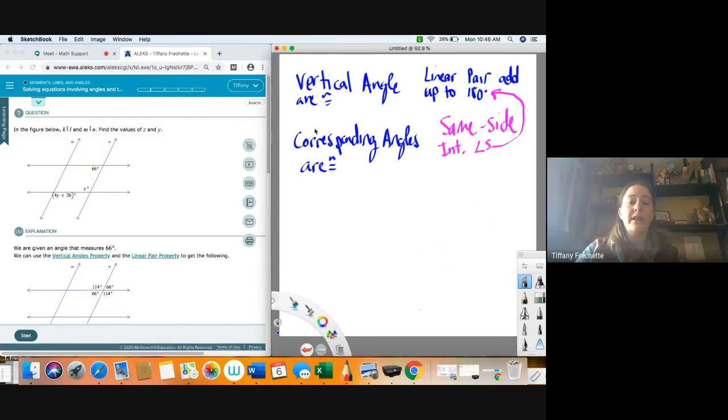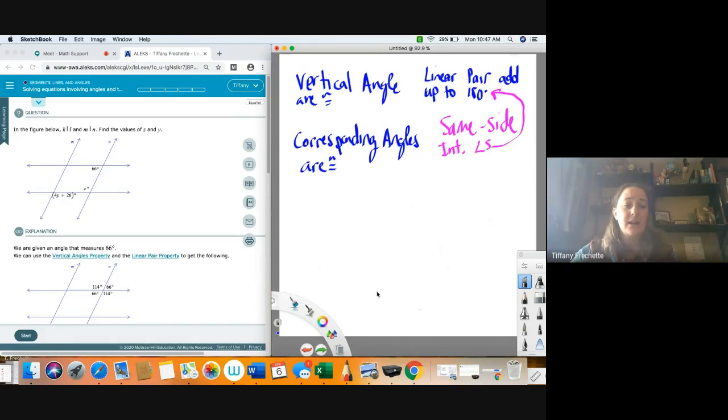So vertical angles do not require parallel lines, but they always come up. Anytime you have two lines crossed like this, I'm going to draw my arrows, you have vertical angles, because a vertical angle just means that I'm crossing over the vertex like this. So this angle is congruent to this angle. Anytime you have a crisscross like that, you just go across the vertex. So I can find vertical angles anytime I have two lines. I don't need parallel lines for this one,